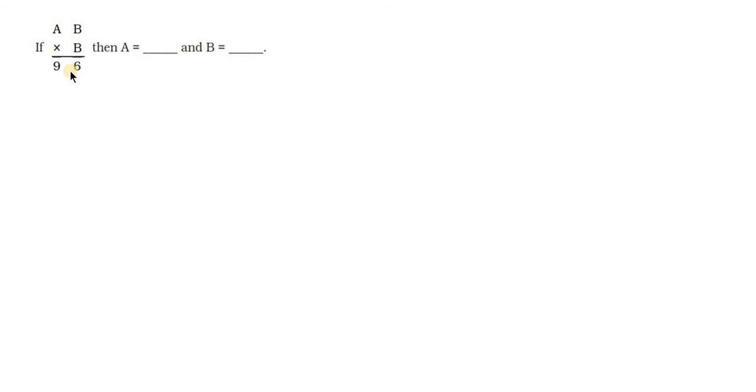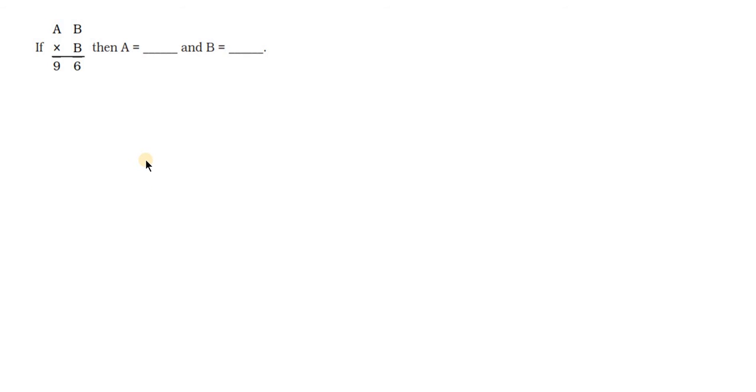Wherever there is an AB given, it means a 2-digit number AB, where A is the digit in the tens place and B is the digit in the ones place. So we'll have to understand, A and B symbols take values from 0 to 9 only, a single digit number. A cannot be a double digit number, B cannot be a double digit number. AB means a 2-digit number where A is the tens place digit and B is the ones place digit.